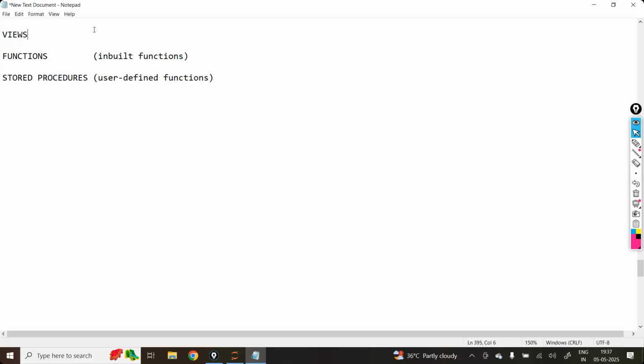And views means nothing but creating a Xerox copy of a table. For example, now you are going to extract some data based on a condition. That extracted data, you want to store in a new variable named df1. In the df, you have extracted something and you want to store it into a new one, and we have to write df1. For example,